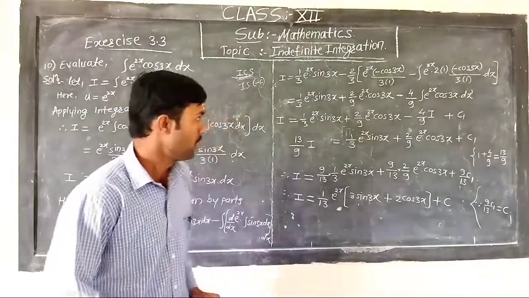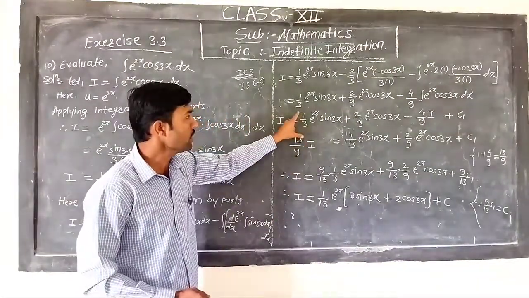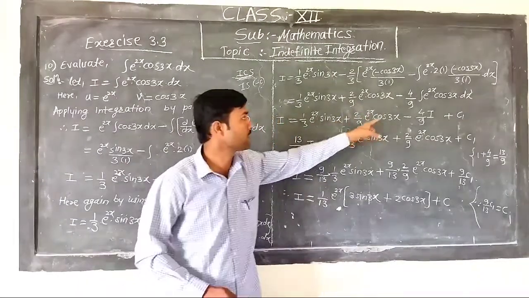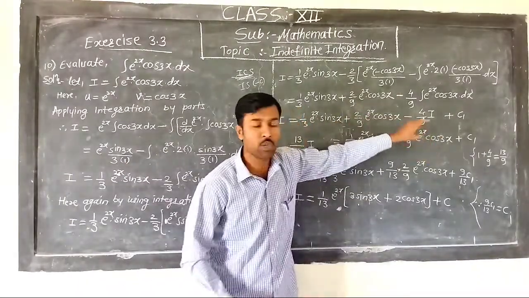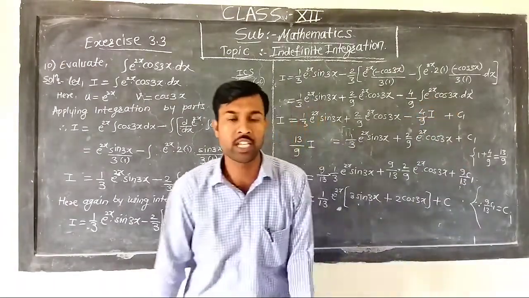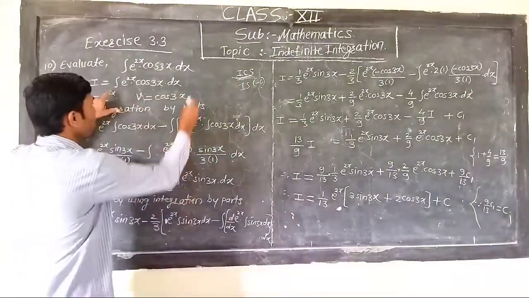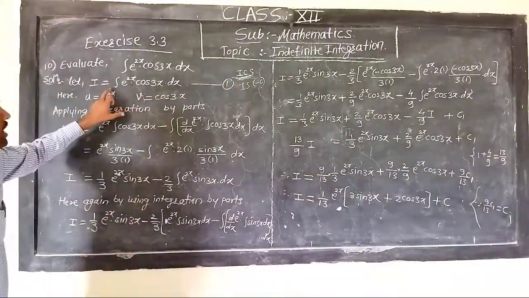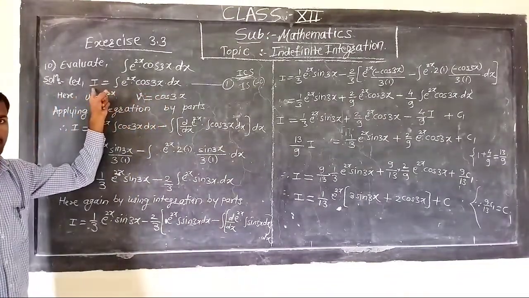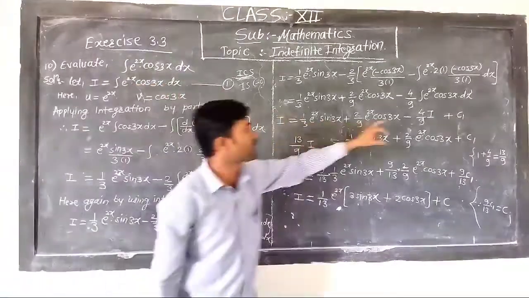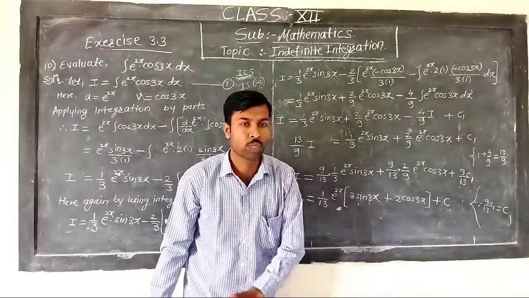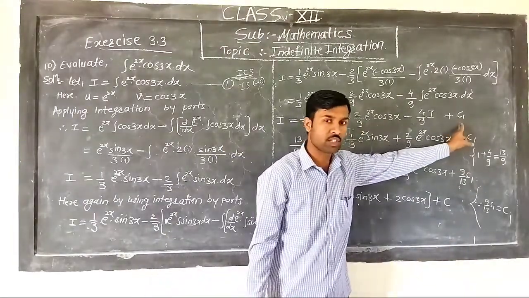Okay friends. Now in the second term, 1 by 3 into this term remains as it is. This term will also remain as it is. Minus 4 by 9 into, if you observe this term, it is the integration of e raised to 2x into cos 3x dx. And now friends, this is our equation number 1, the integration of e raised to 2x into cos 3x dx. It is I. So I replace this term by the letter I. And as all the integrations are over here, we take integration constant C1.